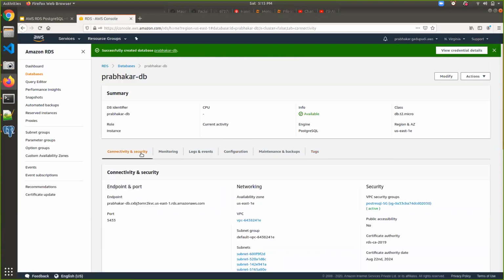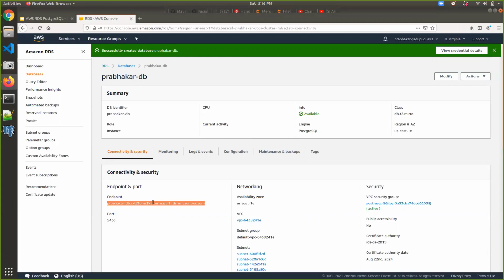So now let's go ahead and connect to your PostgreSQL database. Here is my DB endpoint. There are multiple ways to connect to the DB. One way is through the command line, and the second way is to use a tool. For connecting to the DB, pgAdmin, an open source tool, is available. With the help of this tool, you can connect to the PostgreSQL DB.